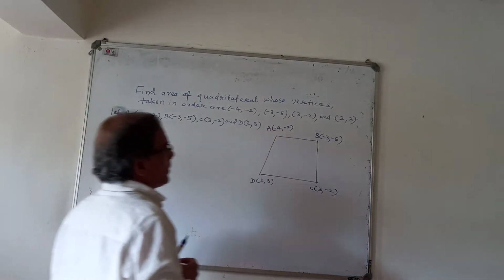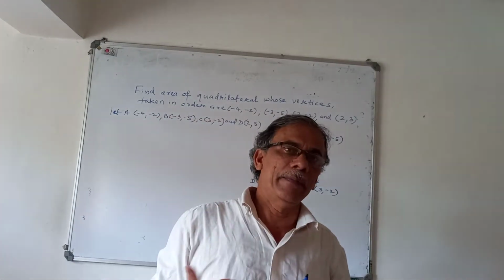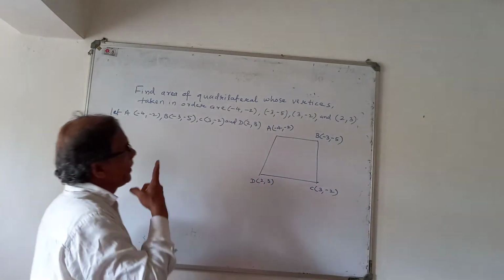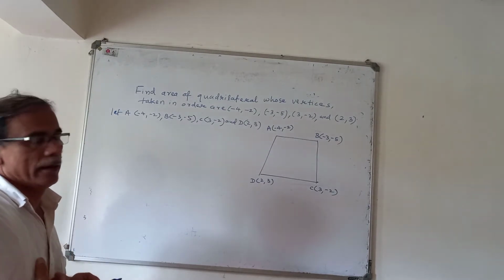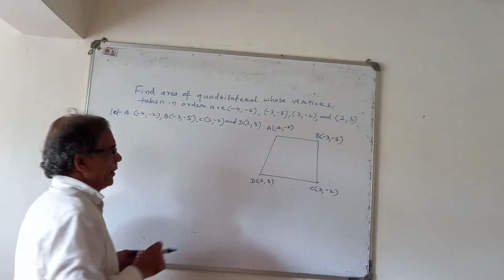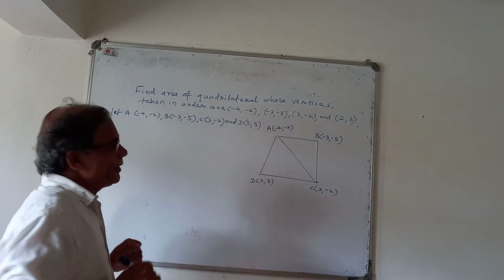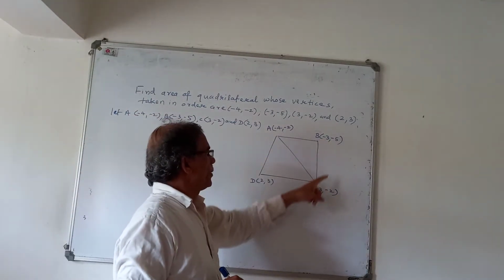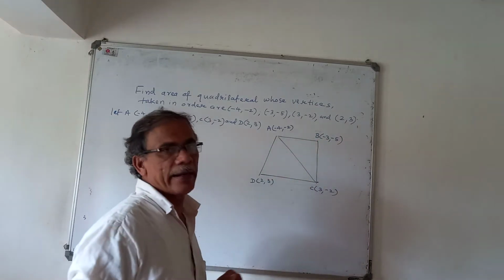If the coordinates of the vertices are known, we can find the area of a triangle. We have seen that. Now, what can we do to find the area of this quadrilateral? Let us draw any one diagonal. What is a diagonal? The line segment joining opposite vertices. So I shall join AC. Now in this figure, two triangles are there, and we know the coordinates of all three vertices of this triangle as well as this triangle.